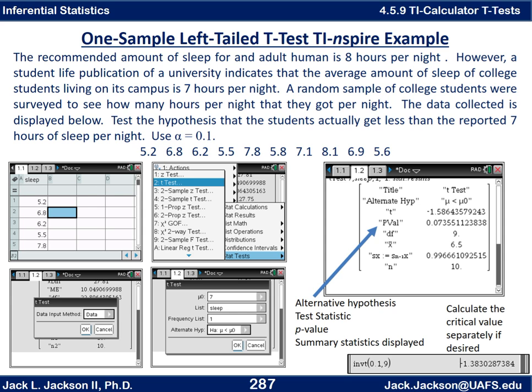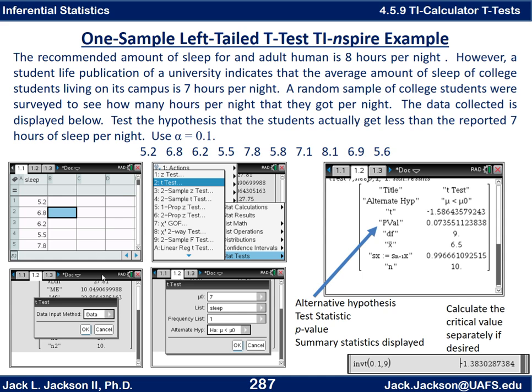Okay, and again, add one if you need to. And here we hit menu, and we choose statistics, which is number 6. It's kind of buried back here in this list. And then stat test is the last one down here. I believe that's 7. And then t-test is number 2. So that's menu